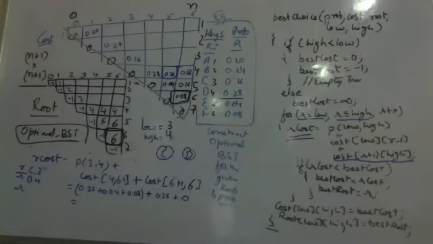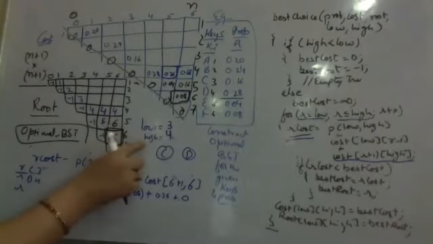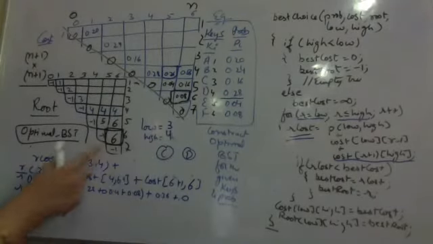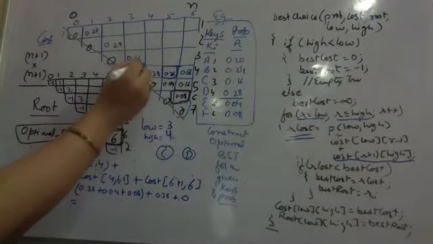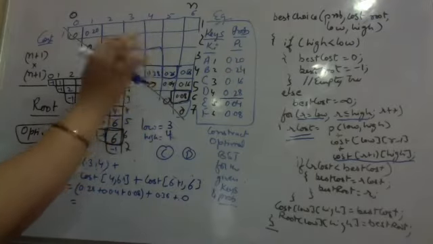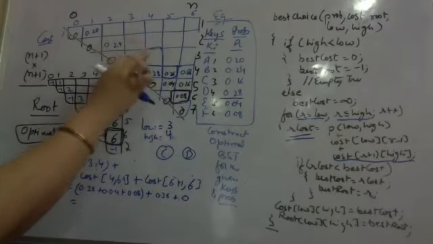Yes, ma'am. Ma'am, when low is 3, then high should be 4, 5, 6, out of these three, right? Say it again. Ma'am, when low is 3, then high should run from 4 to 6. It should be 4, 5, 6, right? It is running from 4 to 6. When high is 4, then I am calculating. When high will be 5, then also I will. High is 4, meaning I have to calculate this value. After calculating this, high will be 5, then high will be 6. Okay? Yes, ma'am, got it. The value has to be calculated for all three, right?